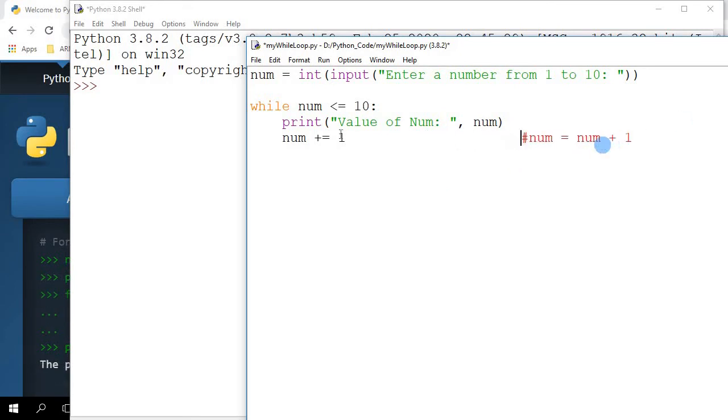I'm just trying to show you that the instruction num plus equals 1 is the same as num equals num plus 1. These are the only two lines of code that I want to be part of the loop. So I'm going to press enter and backspace to go back to the start of the new line, and then print one more statement to say print,